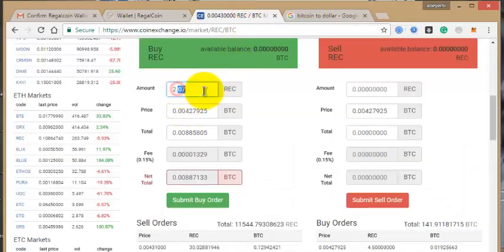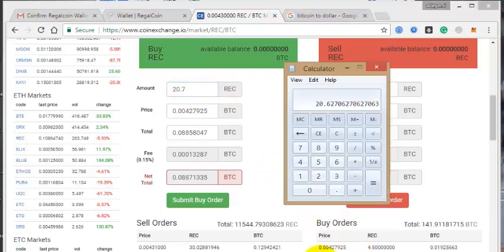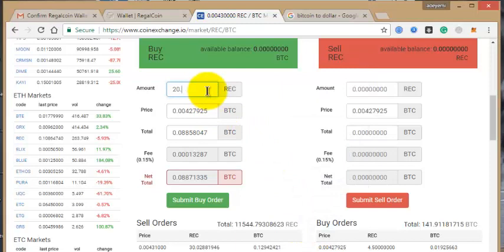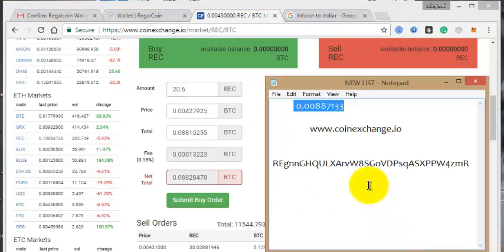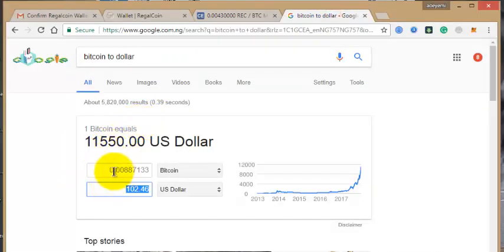So you now type that you want to buy 20.7 or so, yeah, 20.6 of Rega coin. Okay, so let's look at the price. 0.08828478. Let's check how much you're going to pay. So you're going to pay